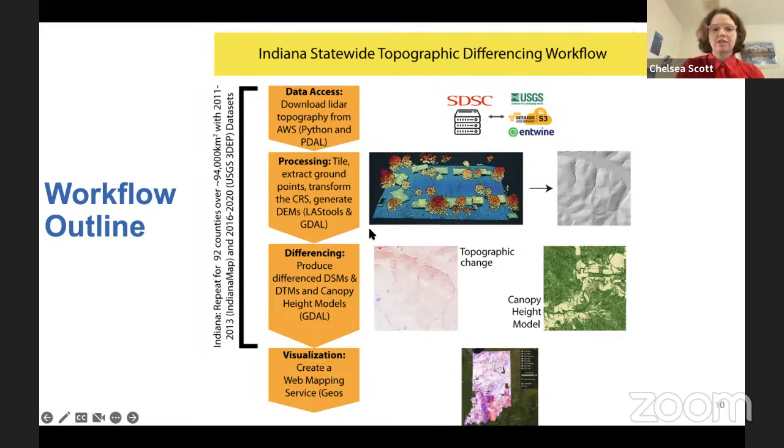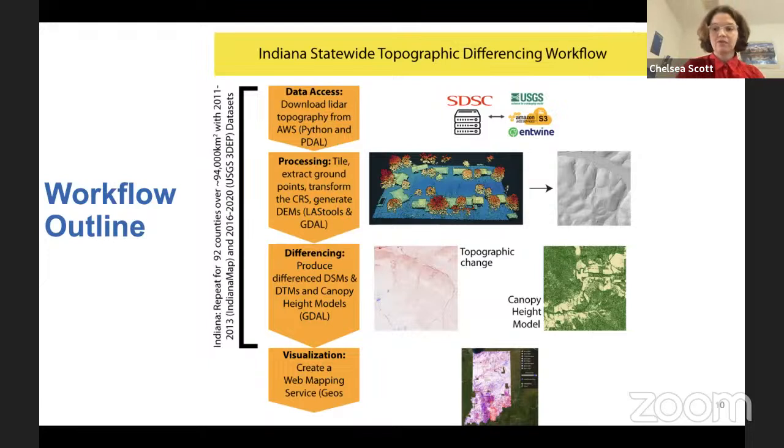The next step in the processing was to divide the topography data sets into tiles, to then extract ground points based on the original point classification, to transform the coordinate reference system so that both data sets had the same coordinate system, and then to generate the digital elevation models.